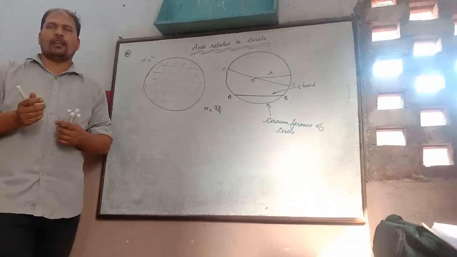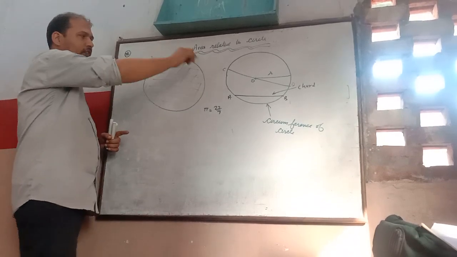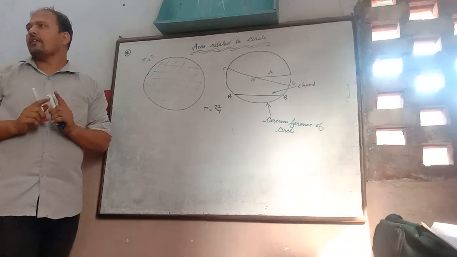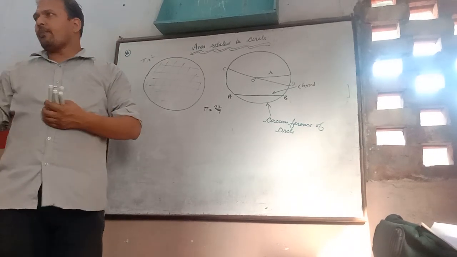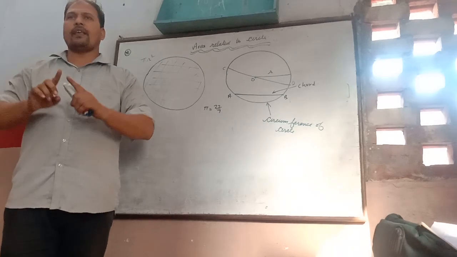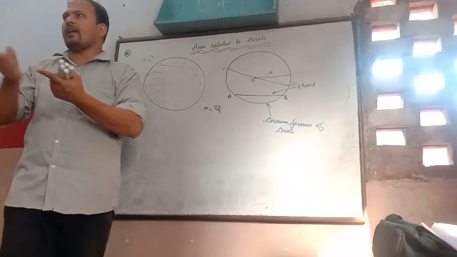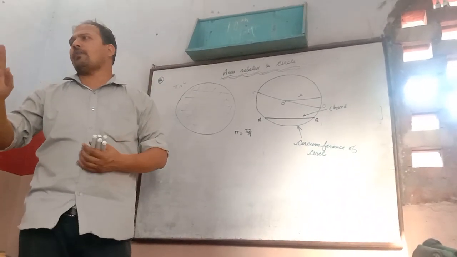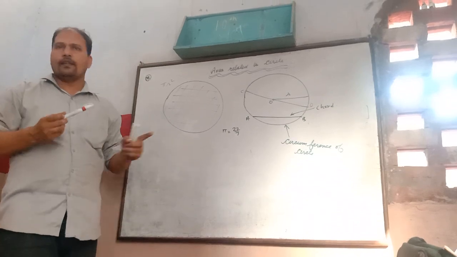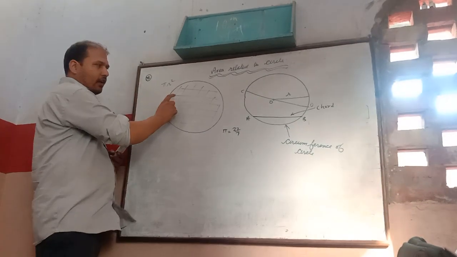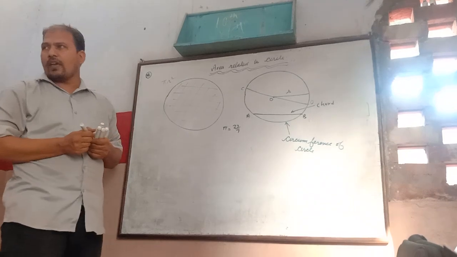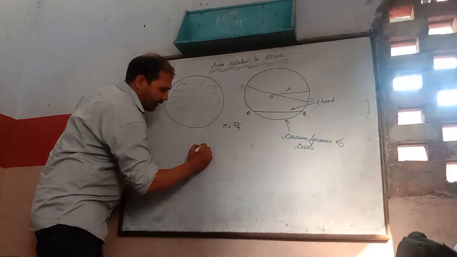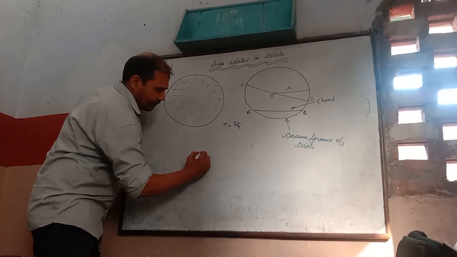Actual meaning of pi means the circumference of the circle divided by diameter. Okay, that is the pi. Circumference of the circle divided by the diameter. You get the answer always 22/7 means 3.14. Clear? Yes, sir. Pi r square, that is the area of the whole circle. After that, we will discuss about the semicircle.